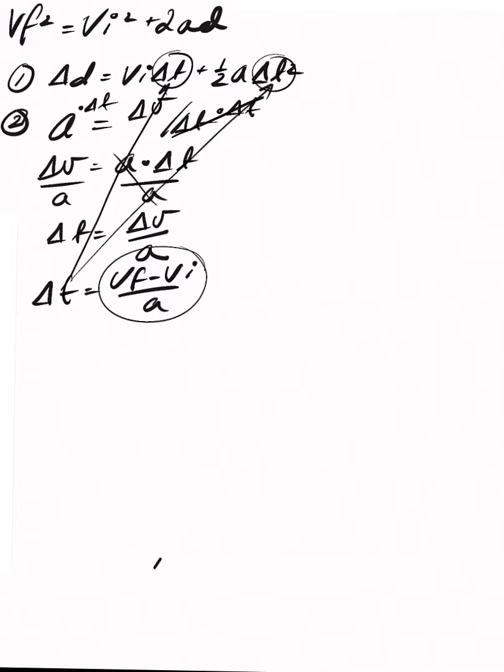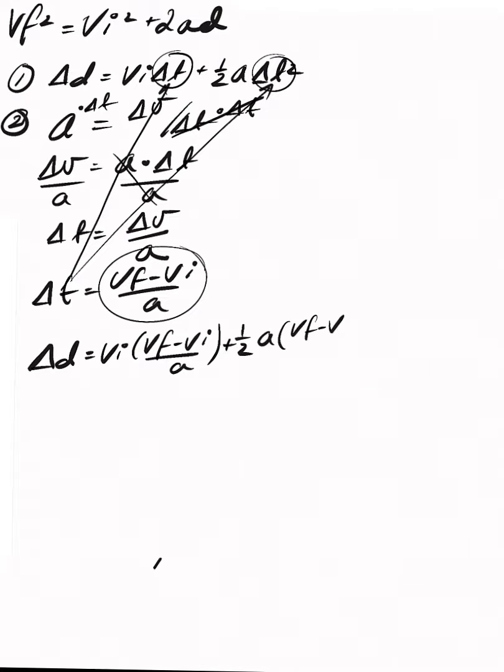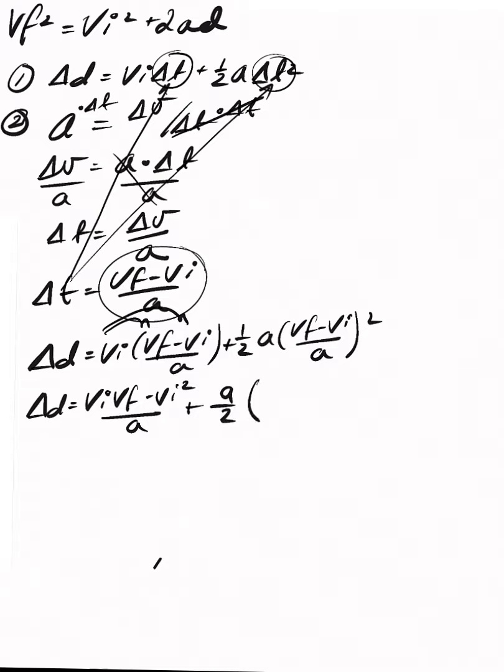V final minus V initial over A. So now our function looks like this: delta d equals V initial times (V final minus V initial over A) plus 1/2 A times (Vf minus Vi over A) squared. We're going to distribute the Vi in the first term, and it becomes Vi times Vf minus Vi squared over A. And on the second term, we're going to simplify it so it's A over 2 times Vf minus Vi